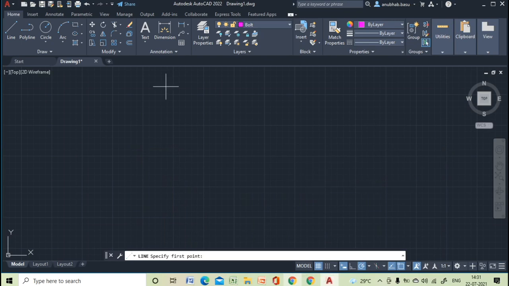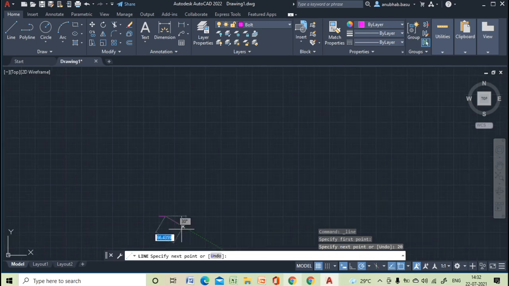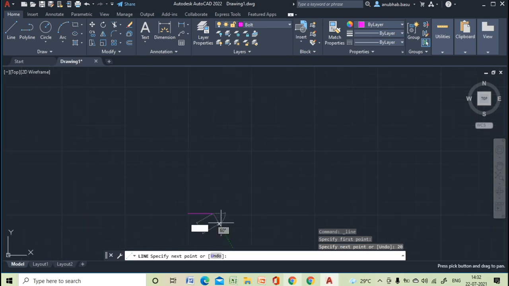So at first we will draw the top view of the bolt, then we will project and draw the front view of the bolt, and then we will draw the side view of the bolt. So first we will draw the top view. Now each side of the hexagonal bolt is 20 mm, right? So we will first draw a 20 mm line. The line is very small, so it is a 20 mm line.